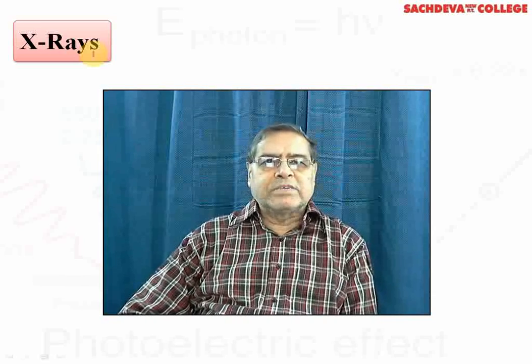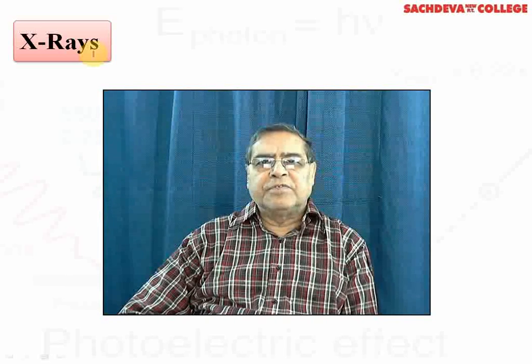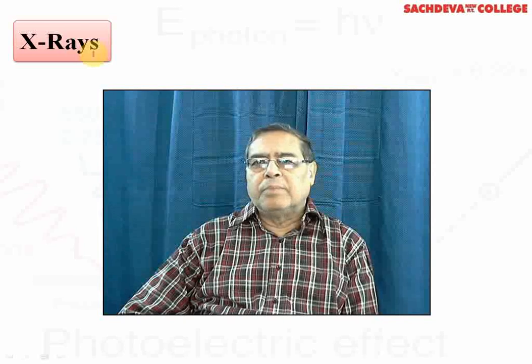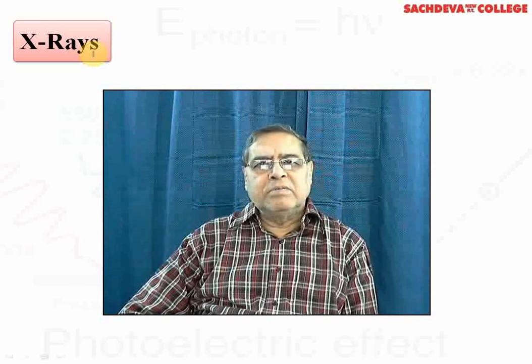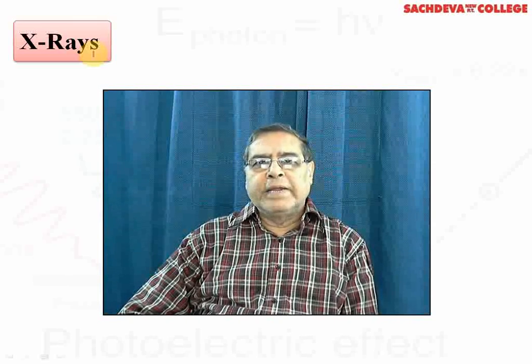In order to produce X-rays, we take a Coolidge X-ray tube in which there is an indirectly heated filament and an anode plate. So basically what we do is that we consider a discharge tube or a vacuum tube in which there are two main components. One is the filament, which is heated with the help of an LTB, that is a low tension battery. Electrons are emitted. Then we accelerate these electrons towards the anode plate or the target,